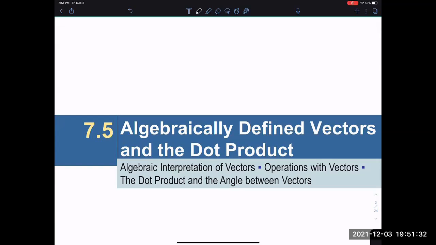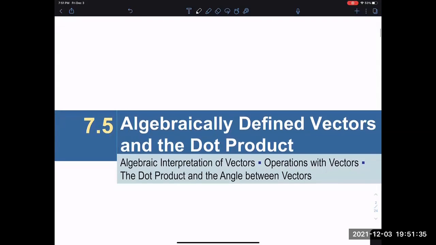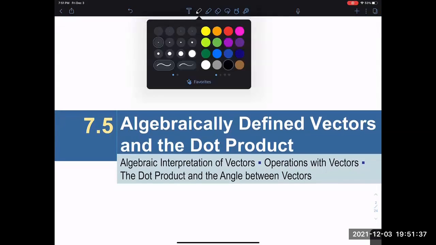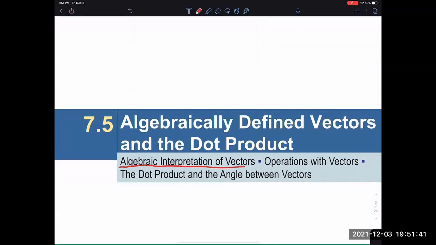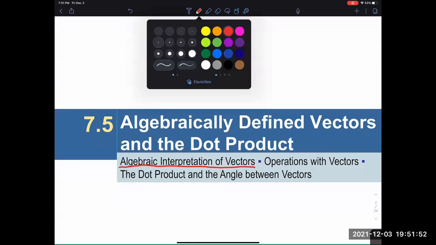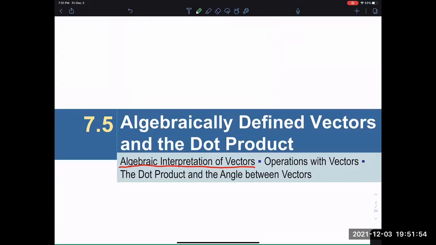And so what we're going to do here in 7.5 is give an algebraic interpretation of vectors. Basically, the way we do that is we attach these vectors, instead of loosely floating around in the plane, in the XY plane where we have a coordinate system and points, XY coordinated points. And we have all vectors